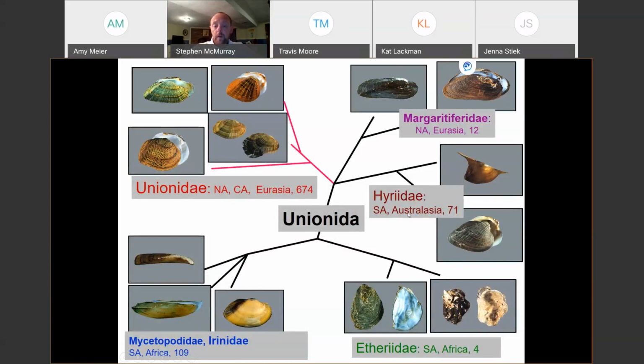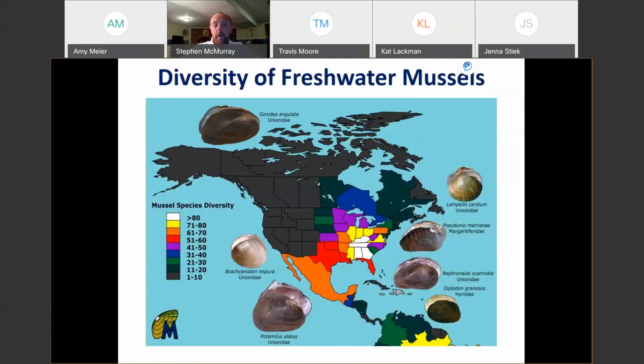So South America, Australasia, Africa. But the Unionidae and the Margaritiferidae reach their highest diversity in North America, and that's where we're going to focus our efforts. If we zoom in on North America, and using this graph, we can see that the southeastern United